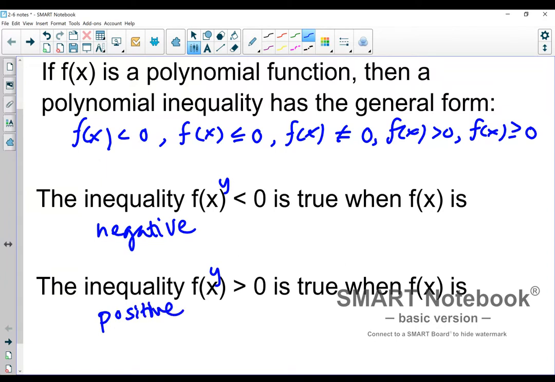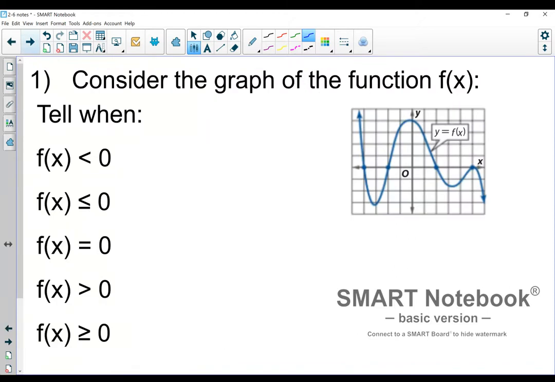So first we're going to look at just a graph itself, and we're going to think about all these different kinds of inequality ideas. If I am considering this graph of a function, first thing I'm going to do is translate it to a number line. And all these points that are on my graph here are going to be called my critical points. Those are the things that I want to plot on my number line. You don't have to make this number line plot, but I really like the way it guides your